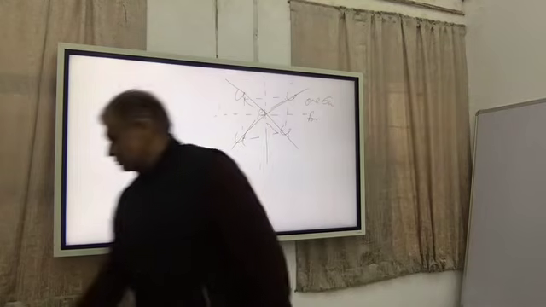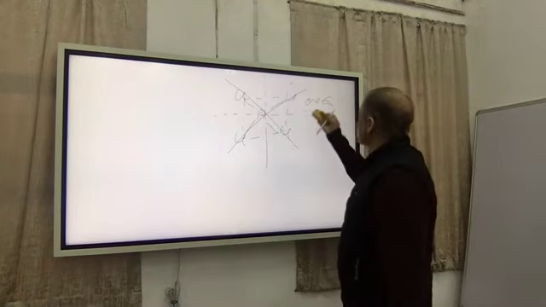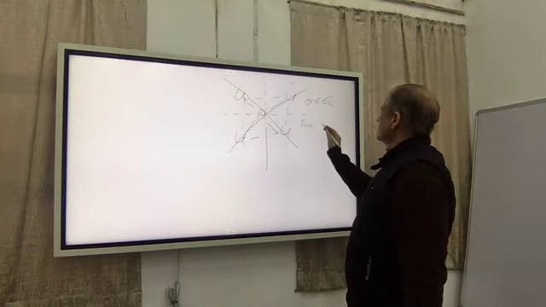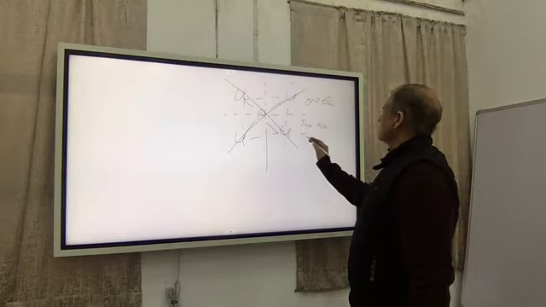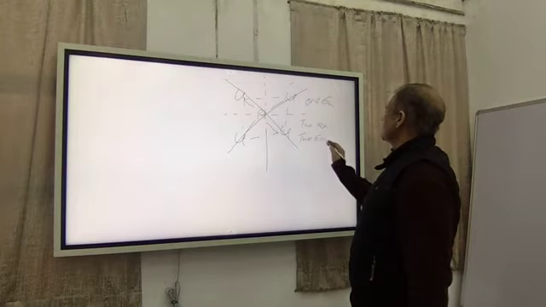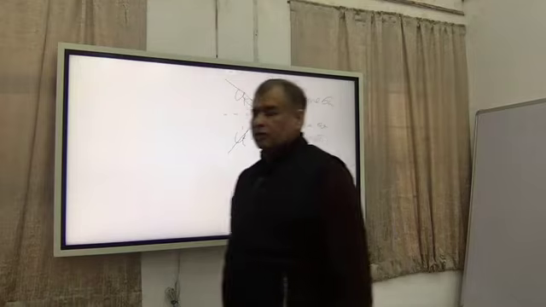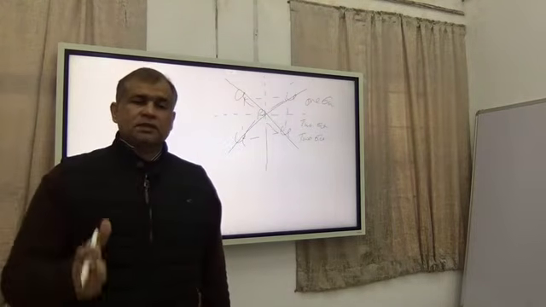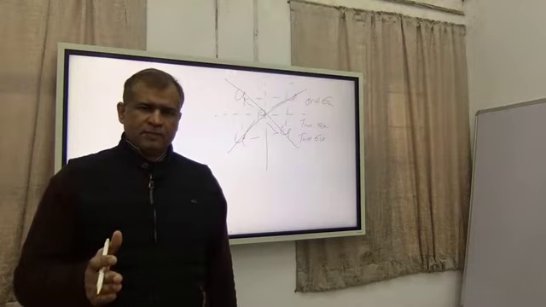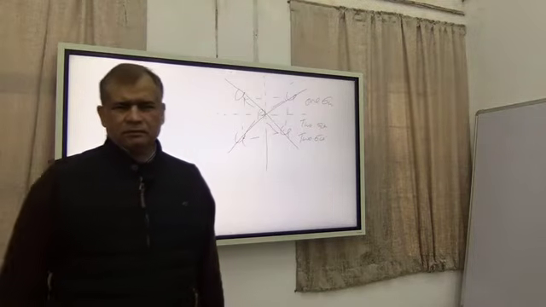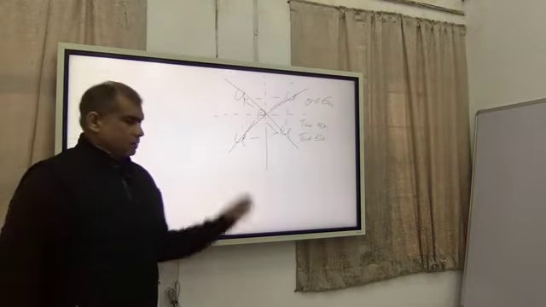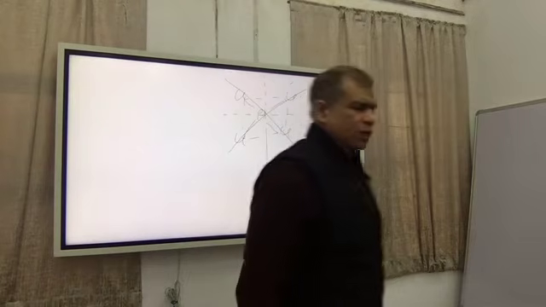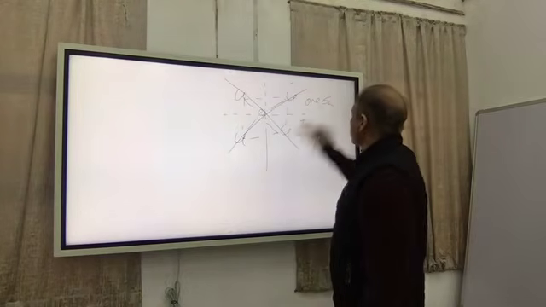Now some people subdivide the sigma verticals. So I will say 2 sigma v and 2 sigma v dash. Any one you can assign to the diagonal ones as sigma v, then the other ones will become sigma v dash. Or if you write 4 sigma v, it's also okay, not bad. So these are the symmetry planes present in the square planar molecule.